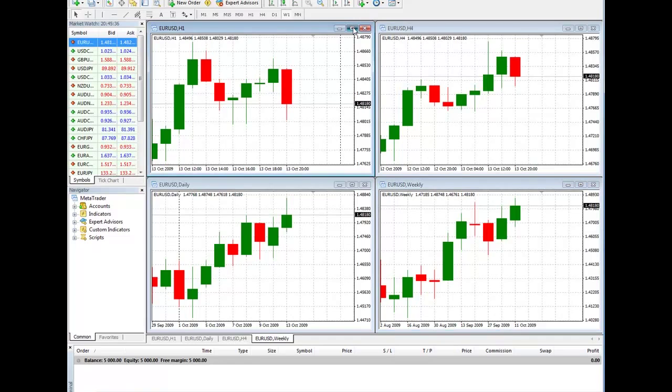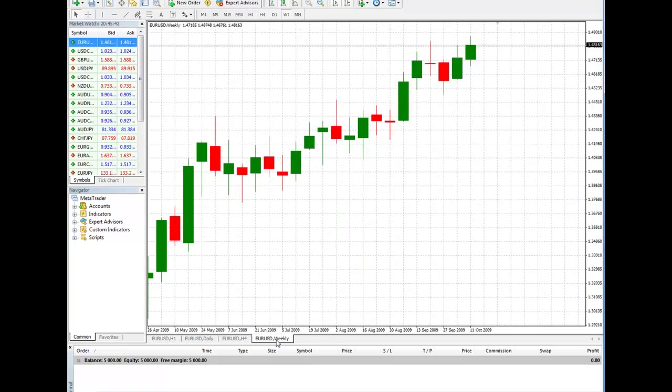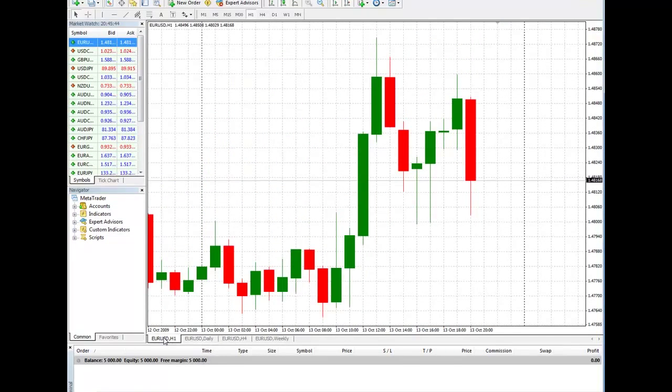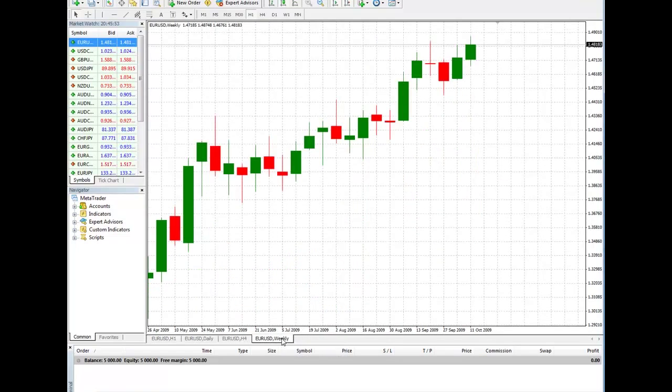I'm going to expand this, and you'll notice that once that's expanded, all of the other ones are large too. Go back down and see them all in one screen. We could actually do that. But what we'll do in this is set up what I like to call a top-down trading setup. Now, top-down trading basically means you start off with a larger time frame, and you look to see which